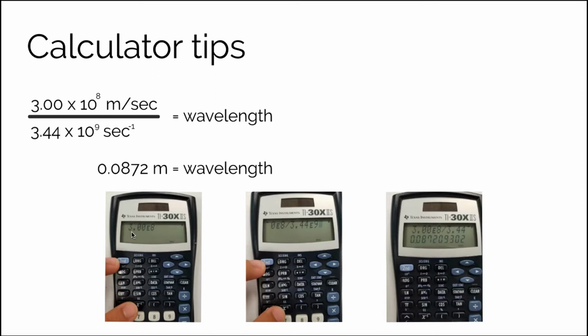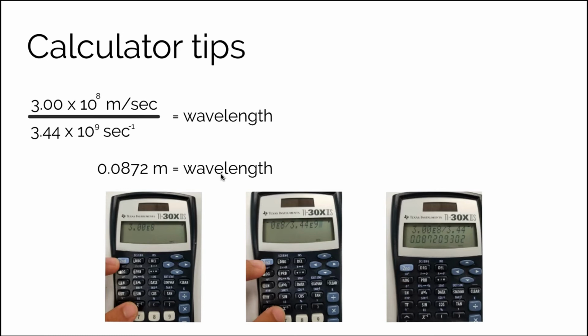So this way I can put in 3.00, second E key, number 8, to put in my first quantity, and then I can divide that by the second quantity, doing the same thing. 3.44 is the value that I have, and then instead of doing times 10 to some power, I will do second E key, and then put in my 9th power. So pressing that 9, and this is what I get. And just pressing enter gets me this answer of